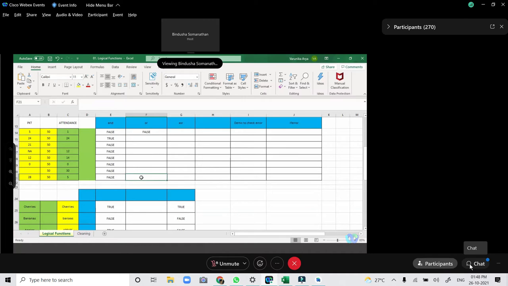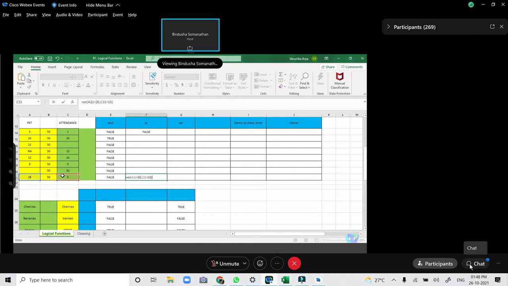I'm writing the formula again here. You have to tell me the return value in F21 for this formula. Read the formula first. Guys, read the formula first. A21 greater than 20, C21 greater than 15 with an OR function. What should be the return value?